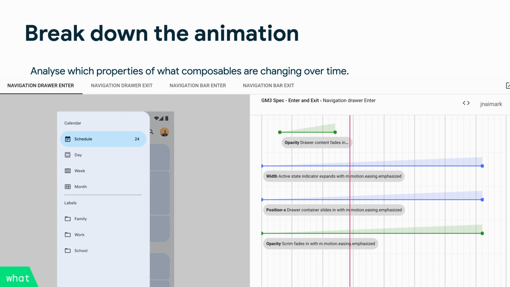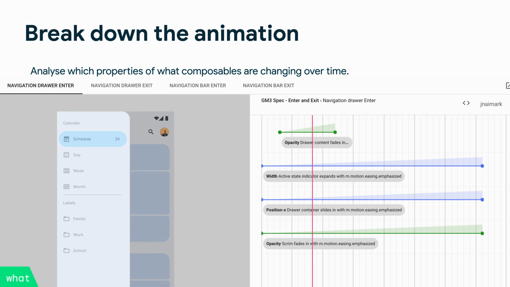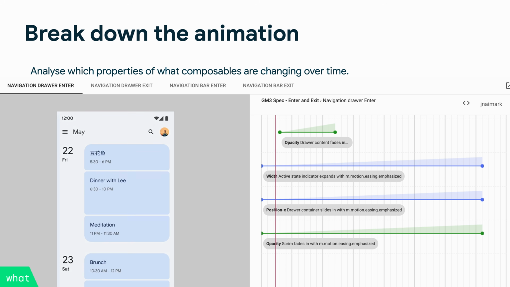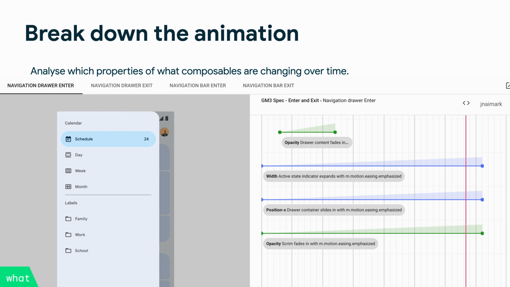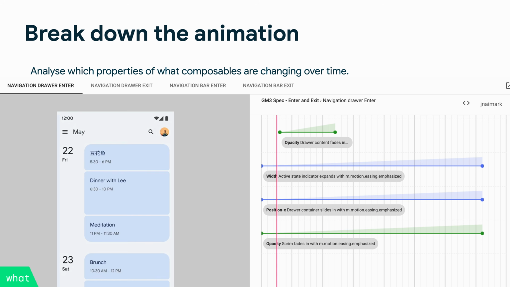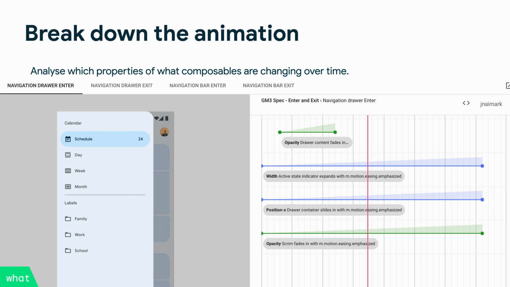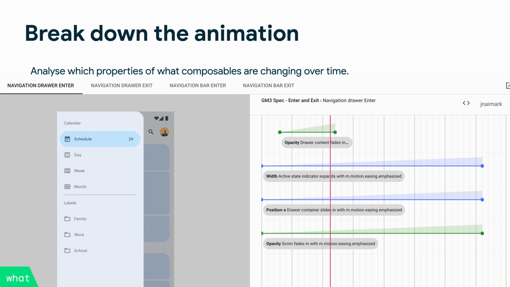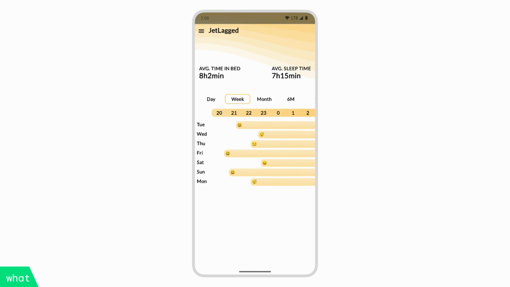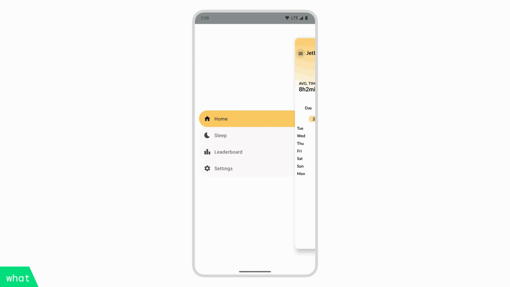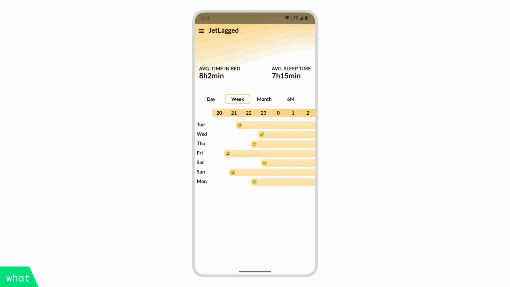Sometimes breaking down an animation is easy because your designer has given you access to the tooling that they've used to make the design. This is the best case scenario. At this point, there aren't many questions to answer. You just need to figure out how to translate from the tooling into your code. But if you don't have this luxury, you might need to analyze a design or video and break it down yourself. So in this example, you might notice that we have two different states,